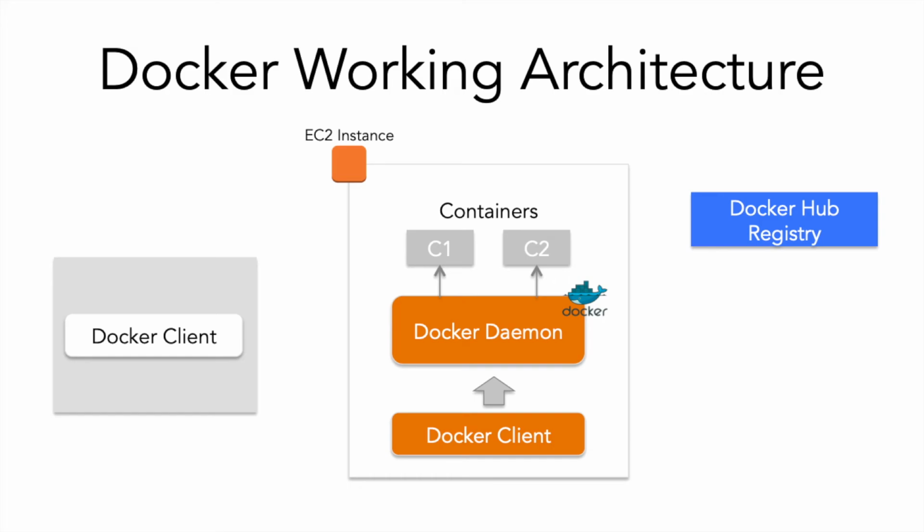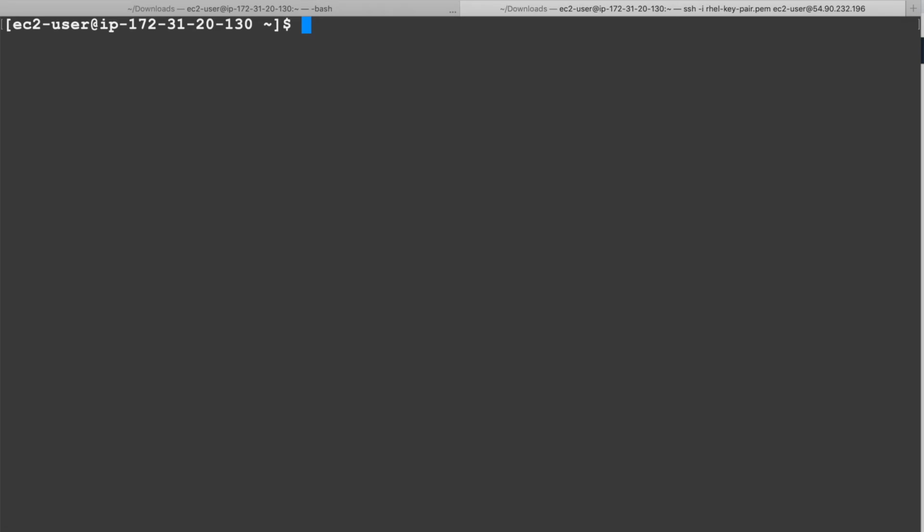Now the question is, how do you connect to this Docker Hub registry from your machine? Of course, you'll need internet connectivity from your machine. Using the command line interface in the machine where the Docker daemon is installed, you can log into the Docker Hub registry. Once you log in, you'll be connected to this registry. Let me show you how that is done.